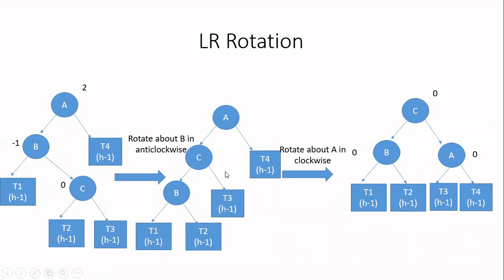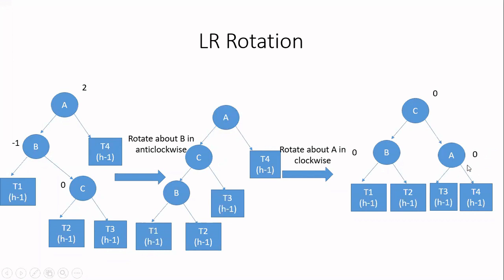So about which node are you going to rotate? When the letters are same, we have seen that we have to rotate about the first node, that is the top node. So out of these three nodes, you have to consider the first node. Now you rotate about the node A in the clockwise direction. When I do that, node A will be moved down because I'm going to pull A down in the clockwise direction. Along with its subtree, it will move.